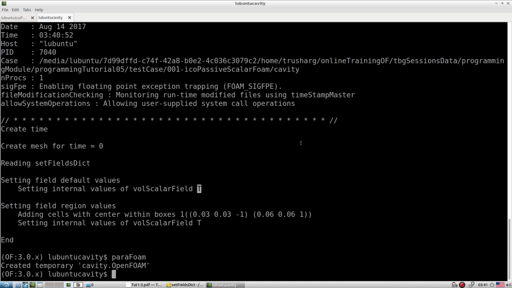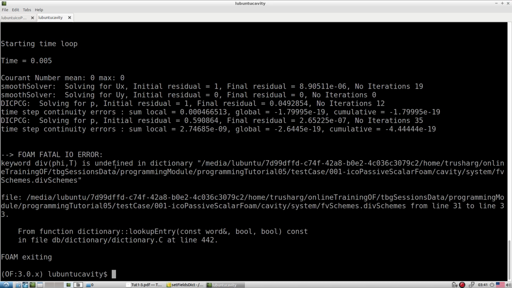Okay, now we are set for everything, so let's run passiveScalarFoam. A few things are required, like the divergence of T. Why?